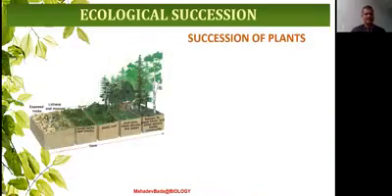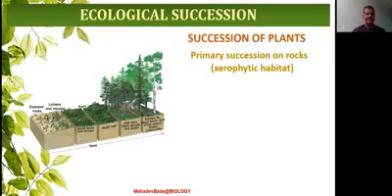Next, coming to the succession of plants, in that, primary succession on rocks. How does the succession take place on the rocks? It is also called xerophytic habitat. Xerophytic habitat is also primary succession on rocks. How does it take place? Primary succession on rock. First of all, lichens will be the